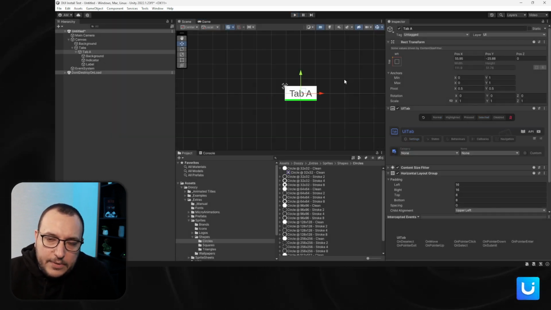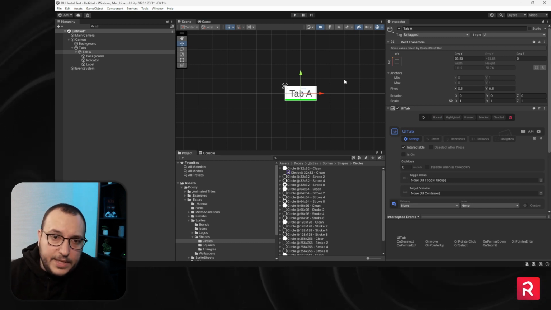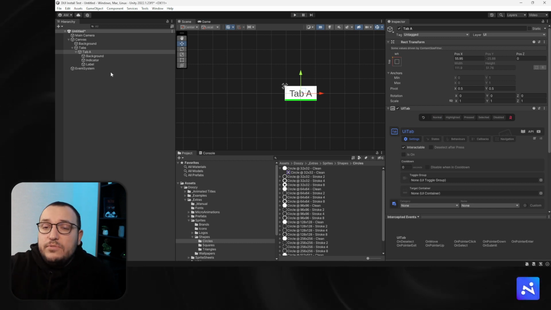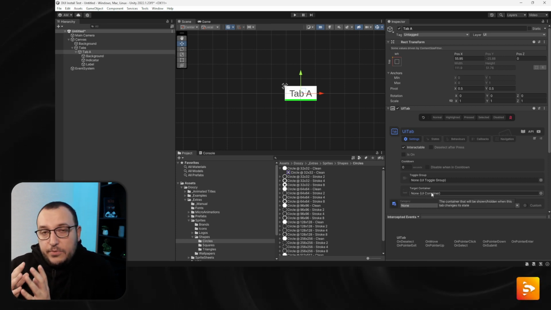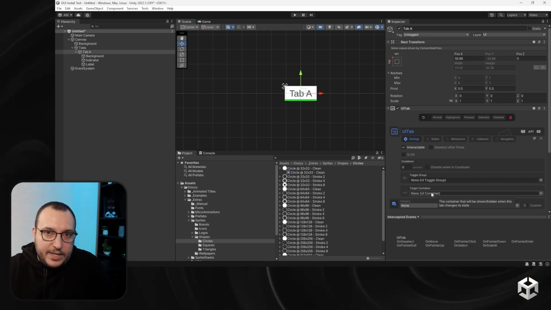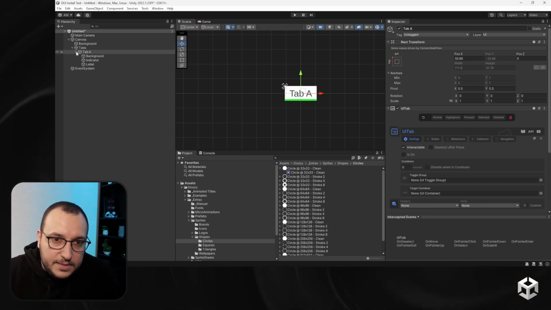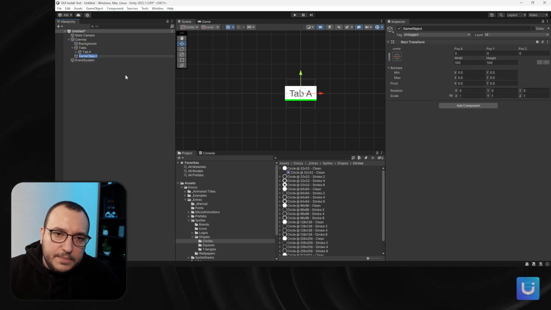Okay, so now I have my tab. Let's also add a container. Actually, I'm going to use a UIView, just so you know it works with views. You do not have to, because the UI view, just like the tab is a UI toggle, the UI view is a UI container at its base. So let's create empty, and this will be my